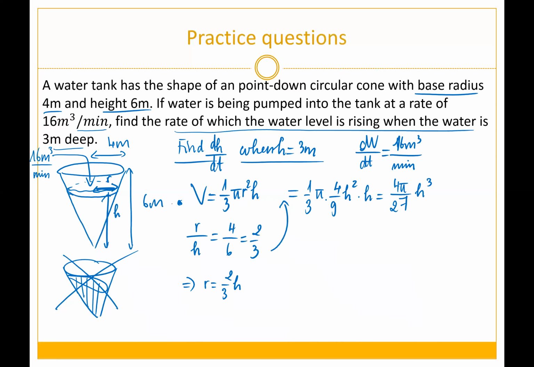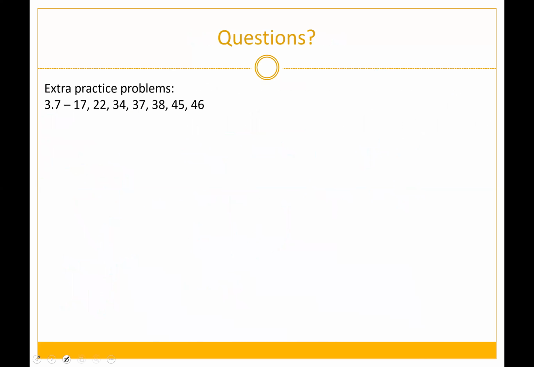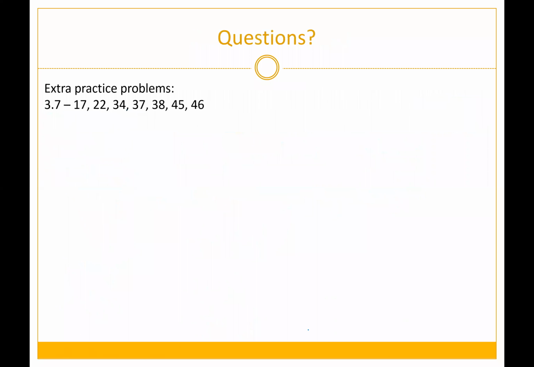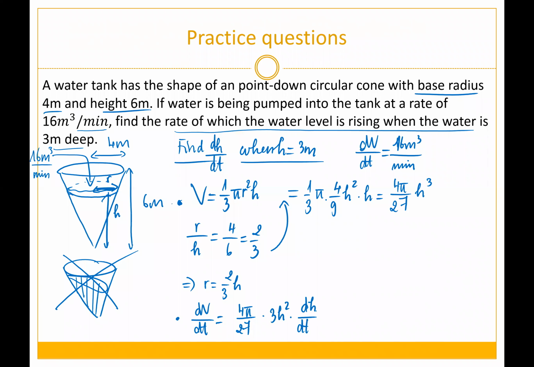Now the next step is you're going to take the derivative on both sides, because what we want to get is dH over dt, and we have used dV over dt as well. So we have dV over dt, take the derivative on both sides with respect to time. 4 pi over 27 is a constant, so you keep it. H cubed, when you take the derivative, is 3h squared multiplied by dH over dt. Note here you cannot cancel out dH over dt simply